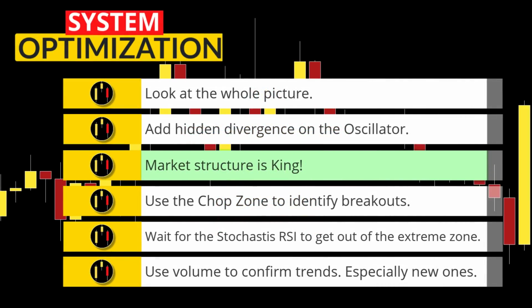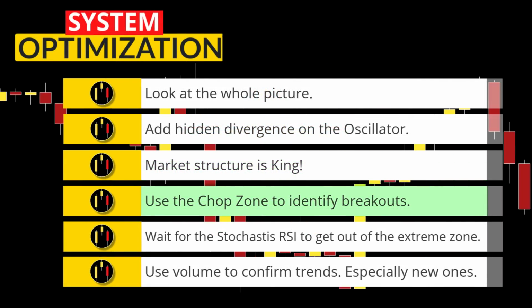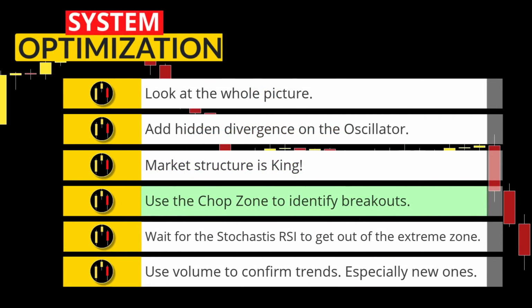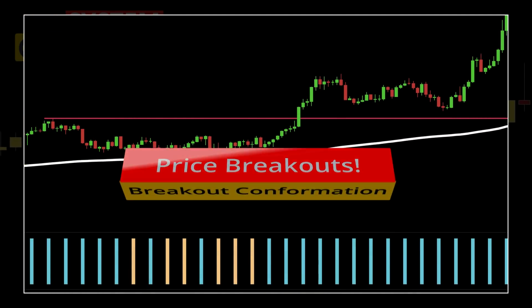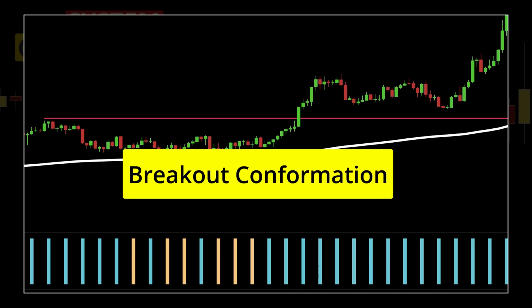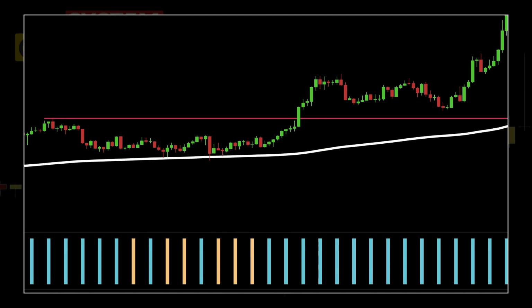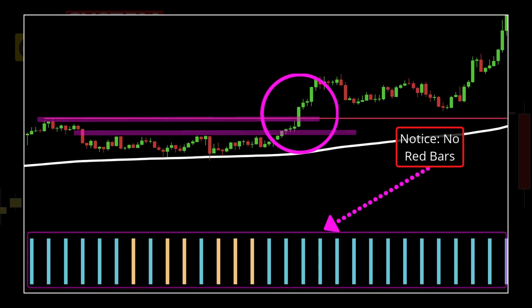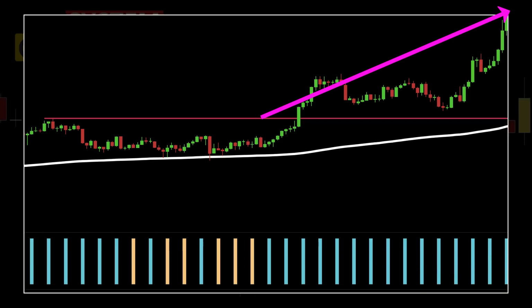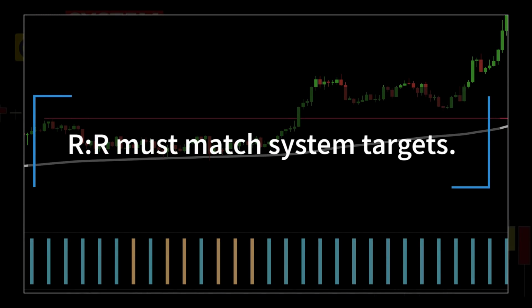Fourth, circling back to point 1, there could be another way to use the chop zone indicator. This is a strategy I have not tested on the channel, but using the chop zone to trade breakouts or using a breakout to confirm the system signal can be extremely effective. Drawing a simple horizontal line and waiting for a break above for entry gets you into this huge impulsive move. Of course, if you use this method, an increase in your risk to reward level or even using a trailing stop loss could be warranted.